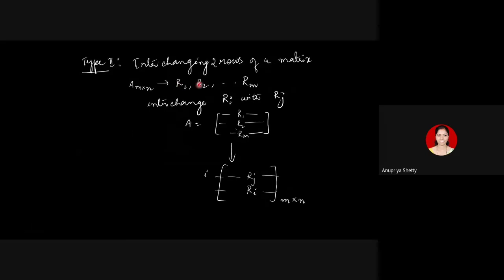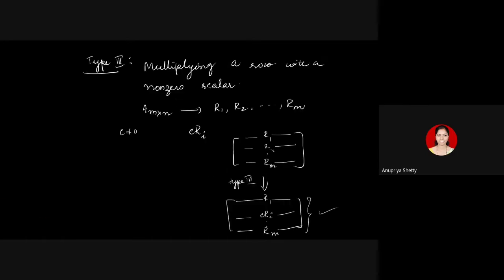And then we had elementary row operation of type 2, where we are just interchanging any two of the rows. At a time you choose any two rows, say the second row and the fourth row, then you just interchange them, so that the fourth row in the new matrix is in the second row position and the second row appears in the fourth row position. That is type 2 elementary row operation.